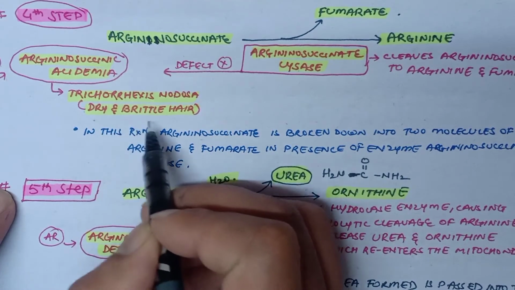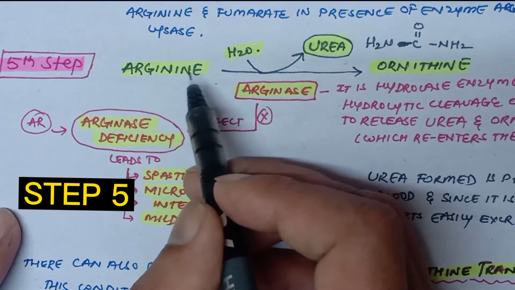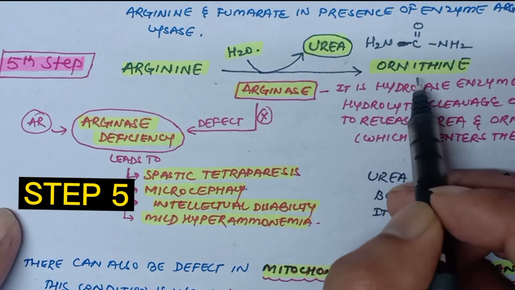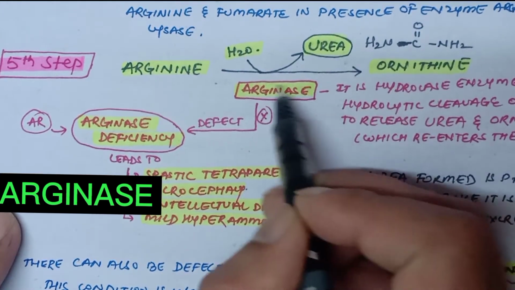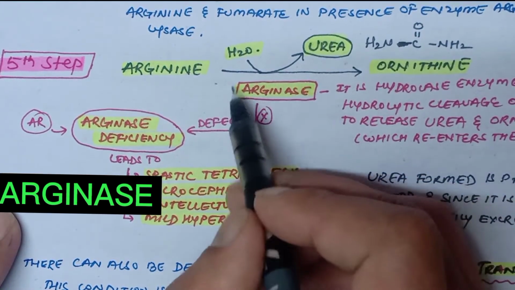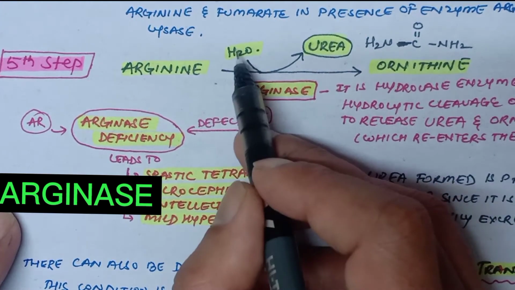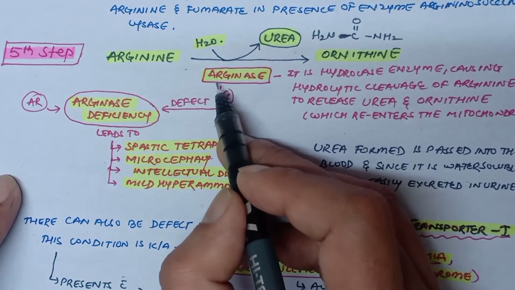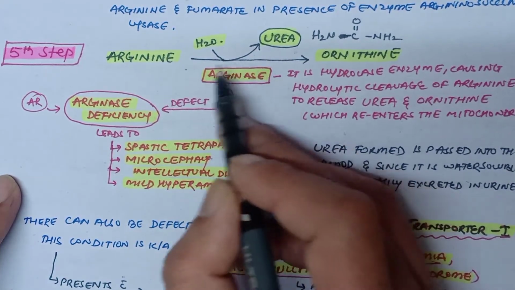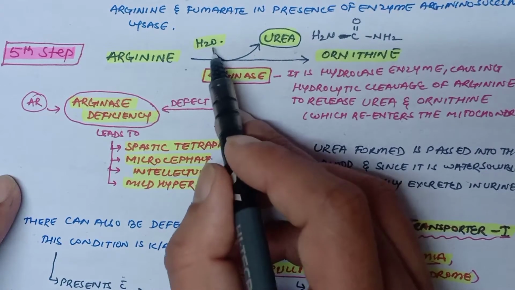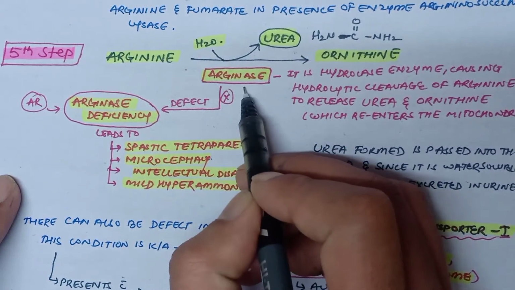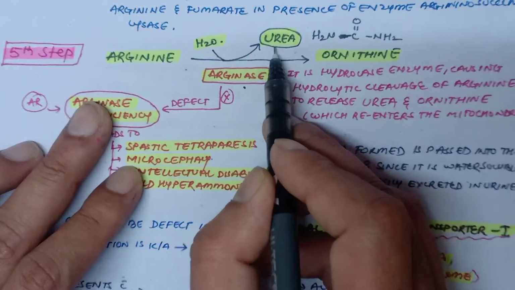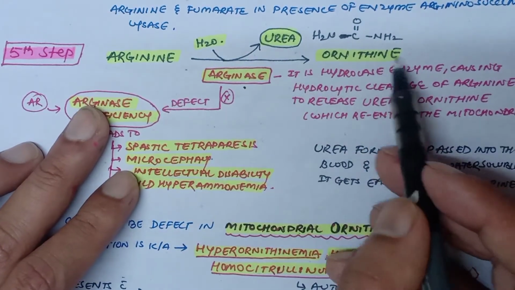dry and brittle hair. In this step, arginine will again break down into urea and ornithine in the presence of the enzyme arginase, and during the process one molecule of water is introduced in the reaction. So this enzyme arginase is a hydrolase enzyme. It is a hydrolase enzyme and it causes hydrolytic cleavage of arginine to release urea and ornithine, and this ornithine